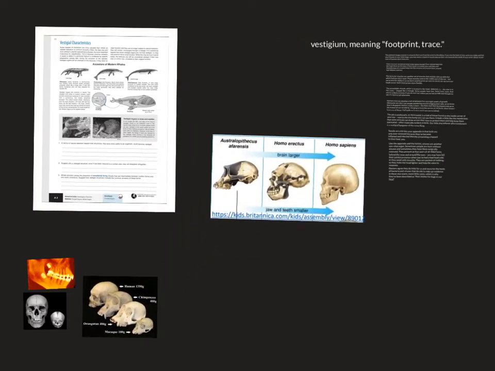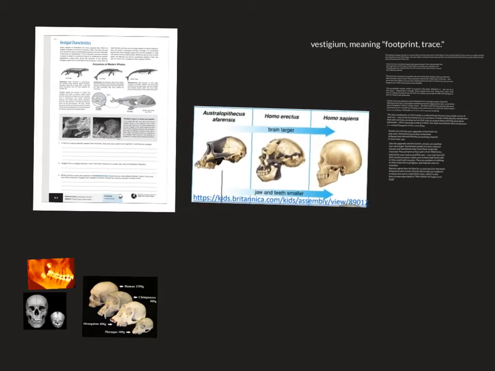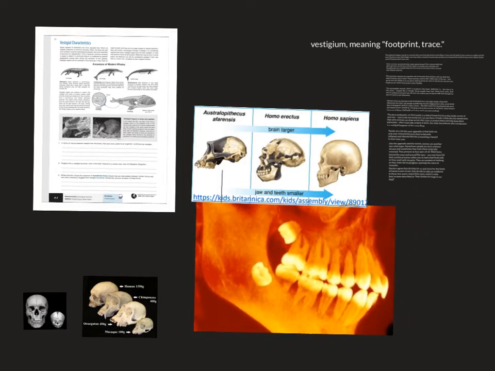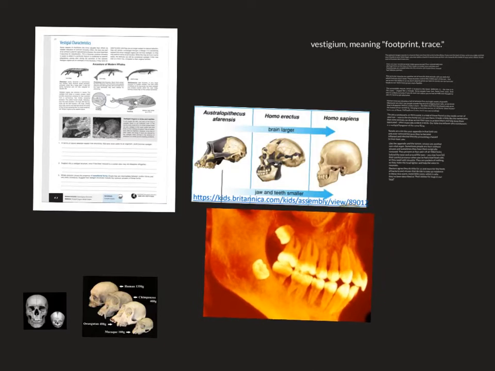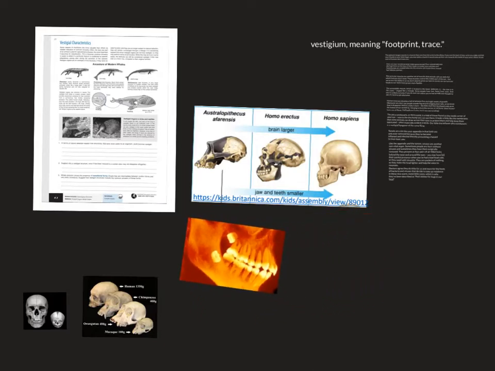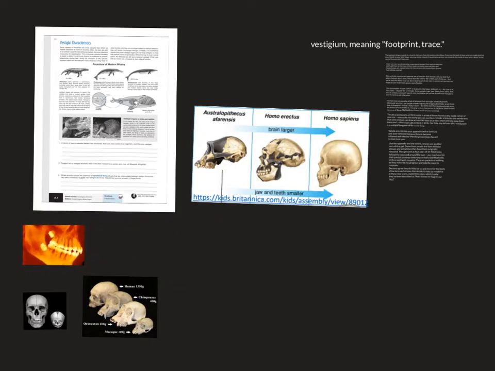If we look at our ancestors more closely related to us, you'll see that they still had larger jaws. And since they had larger jaws in comparison to our brain cavity, they had more space for those teeth. The number of teeth, in fact, is very similar to the number of teeth we have today, but the jaw size is smaller. So something had to give. The thing that gave is that the jaw became smaller, but the gene for how many teeth we have is still there, and we're still producing the same number of teeth with a smaller jaw. So we have these extra teeth called wisdom teeth that a lot of us, not all of us, have to have removed.